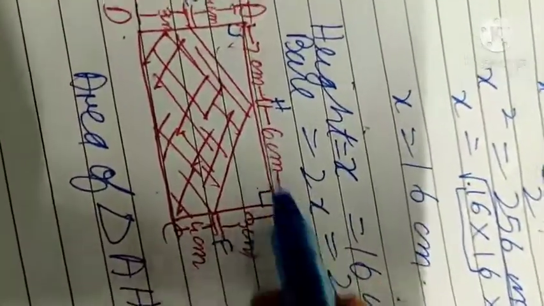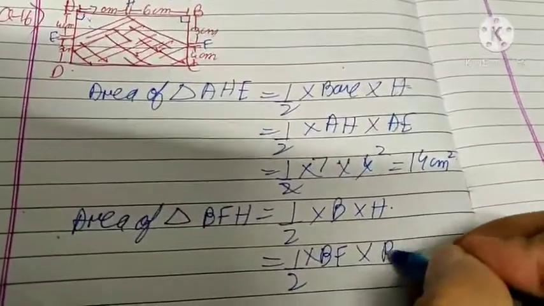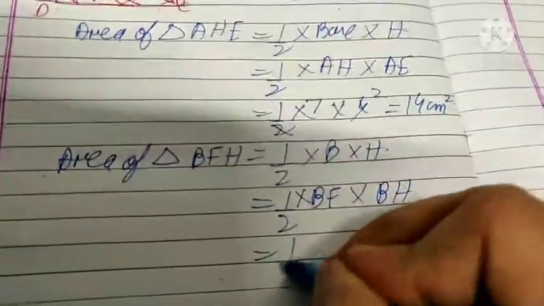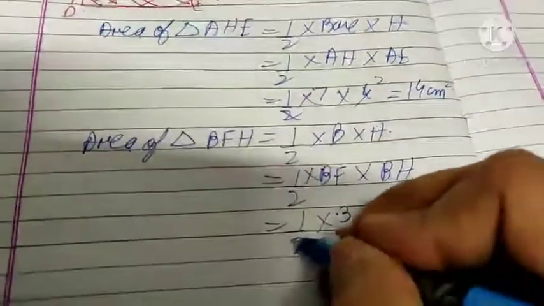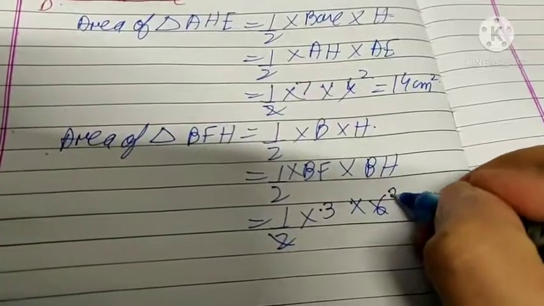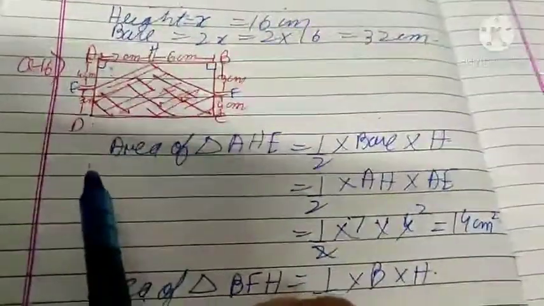So base is 3, that is BF into BH, that is half into BF is 3, 9 centimeter square. This is the area of this triangle. Okay,